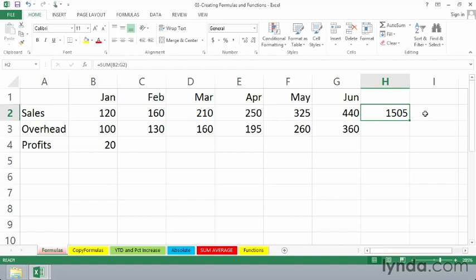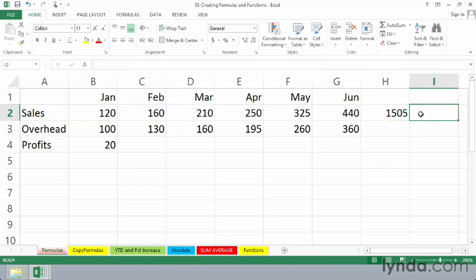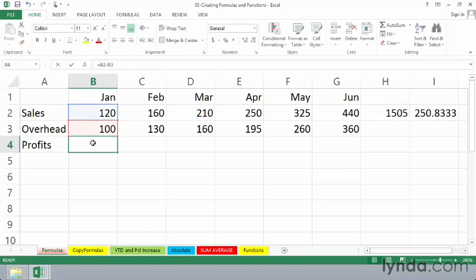Now, if we'd like to do an average here, an average of those first 6 months, an average is we add up cells, and then we divide by the number of entries. Well, we've already done the addition here, so let's refer to that. Equal this amount, the 1505, divided by, we use the slash symbol, divided by 6. Enter. So we're using common operators here, slash for division. In our initial formula over here, we used minus for subtraction, and sure enough, we'll be using plus at some point, and also an asterisk for multiplication.